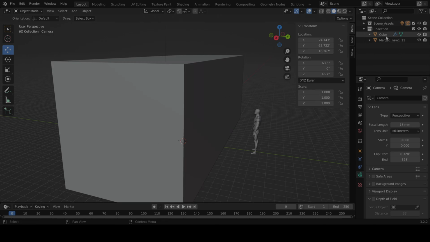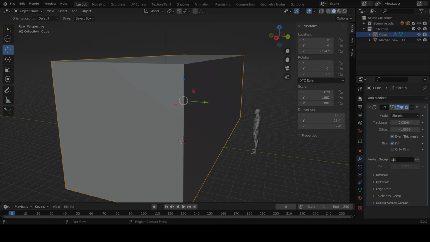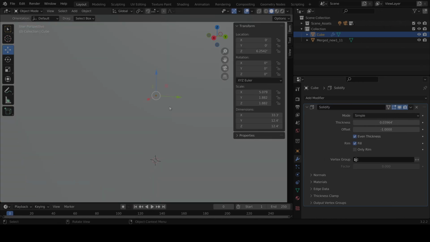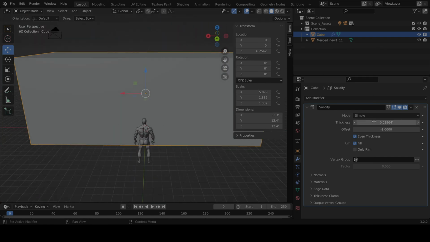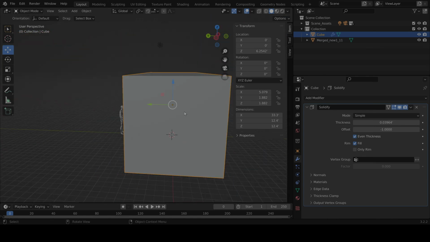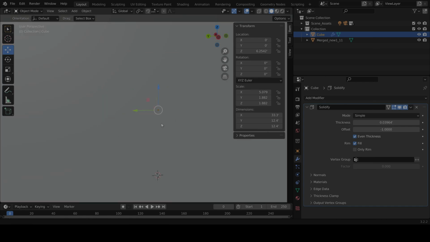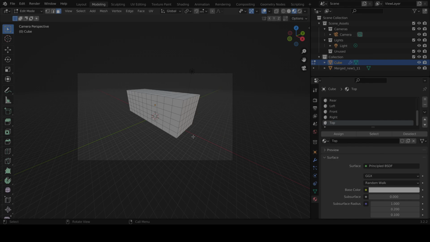Alright, so all that's done. We have a cube. You're going to notice a few things here. You're going to notice there's a wrench here. So this wrench dude is our modifier from before, which is the solidify modifier. Remember, we gave thickness to the walls. Now, I never turn this off until I'm done editing. And the reason for that is because, well, first let me show you an example of what happens back to modeling. If you leave it on,